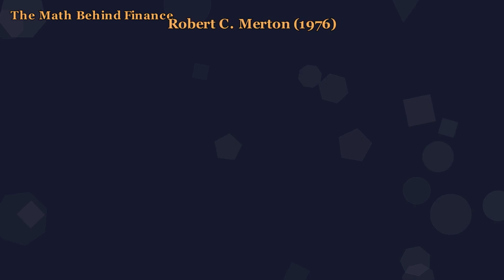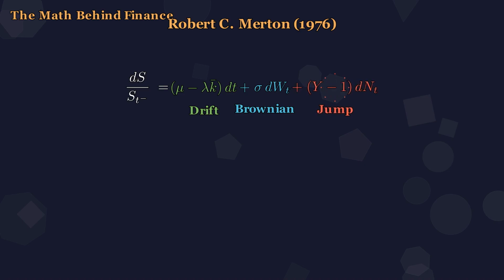In 1976, Robert Merton wrote down an equation that changed finance. Take the percentage change in stock price, set it equal to three pieces. First, a drift term, mu minus lambda k bar times dt. Second, the Brownian motion we know from episode 1, sigma times dW. This is the smooth, continuous randomness. Third, the new ingredient, (Y minus 1) times dN, a random jump of random size arriving at Poisson times, geometric